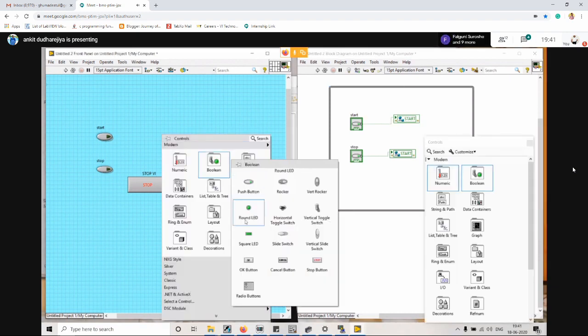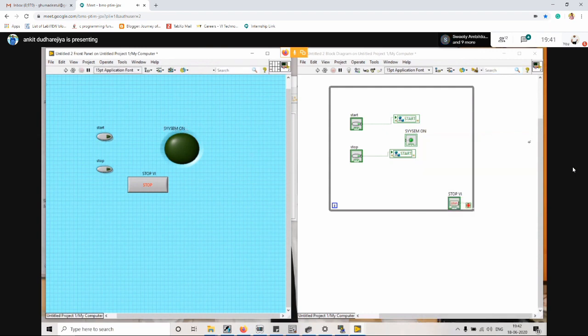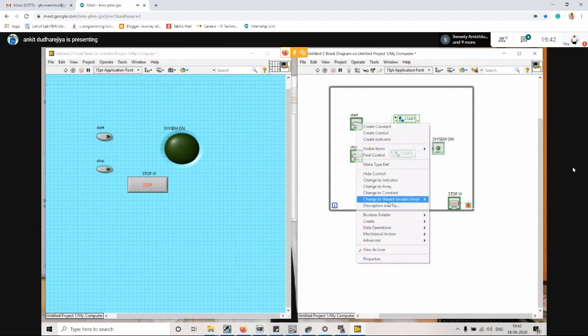So we will take a Boolean round LED, and this is our system on. So we are able to see it over here.